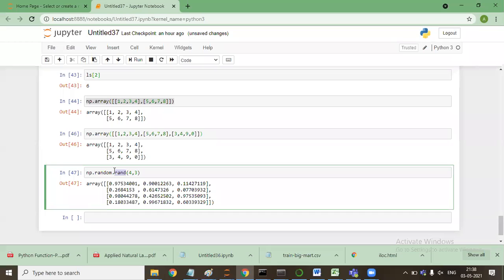So did you mention that the random value is in between 0 and 1? No, this can be any. np dot random dot rand means automatically the values between 0 and 1. Okay.